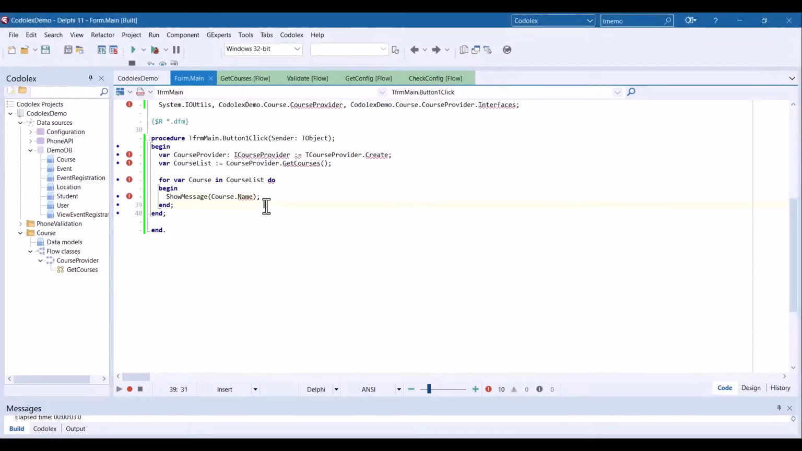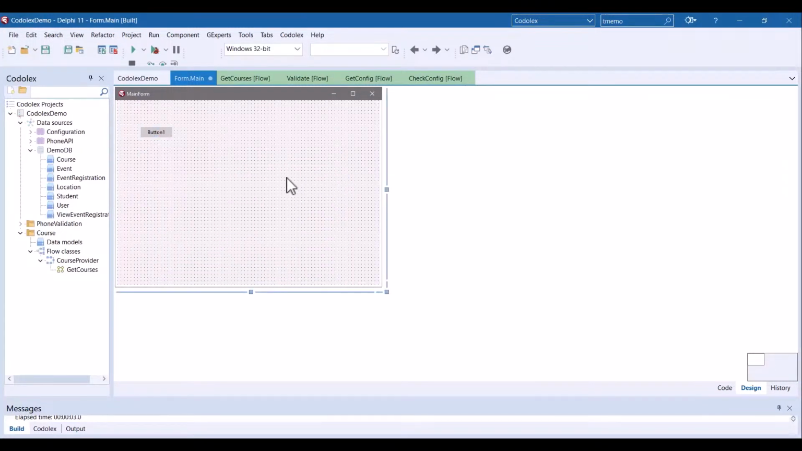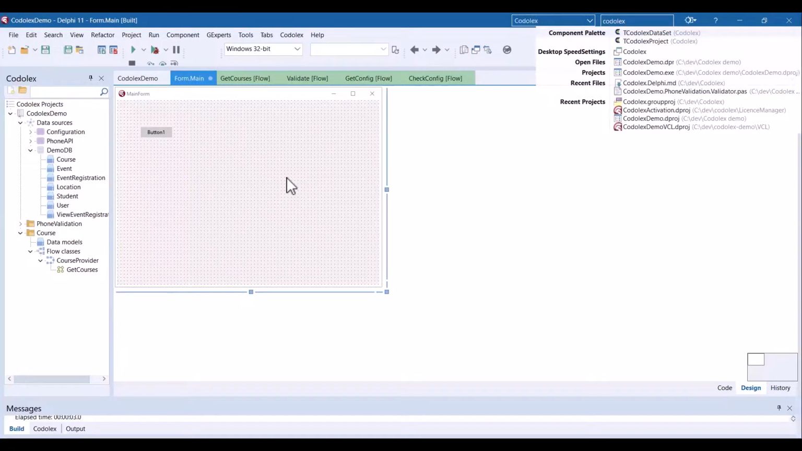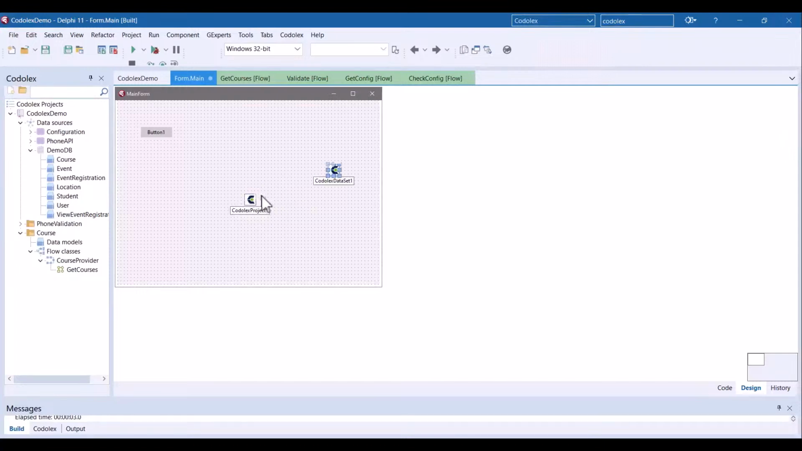We can also, of course, have this as data-aware controls. Because in the end, a lot of you will probably use data-aware controls to connect to data from the database. So Codolex also supports this. If I delete this memo, you see that we have a dataset and a Codolex project. So let's drop both of these onto my form and define